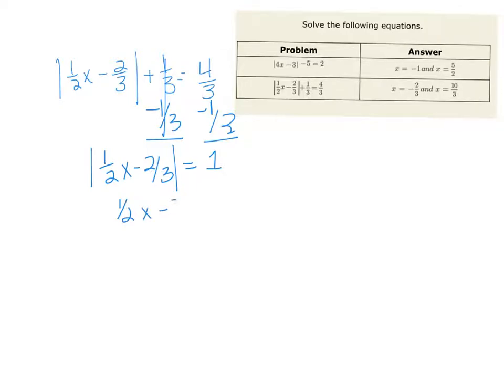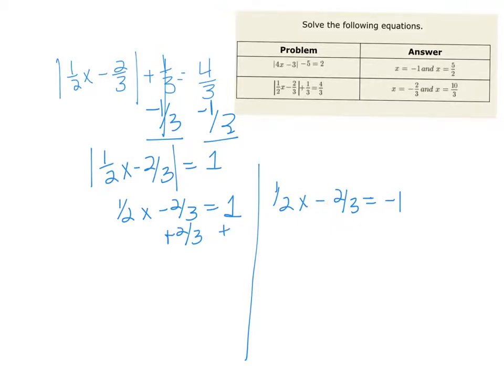1/2 x minus 2/3 equals 1. My other equation would be 1/2 x minus 2/3 equals a negative 1. So I want to get that x by itself, so I'm going to add 2/3. I have 1/2 x equals, now 1 plus 2/3, remember 1 could also be 3/3, so 3/3 plus 2/3 equals 5/3. Then I'm going to multiply by the reciprocal,